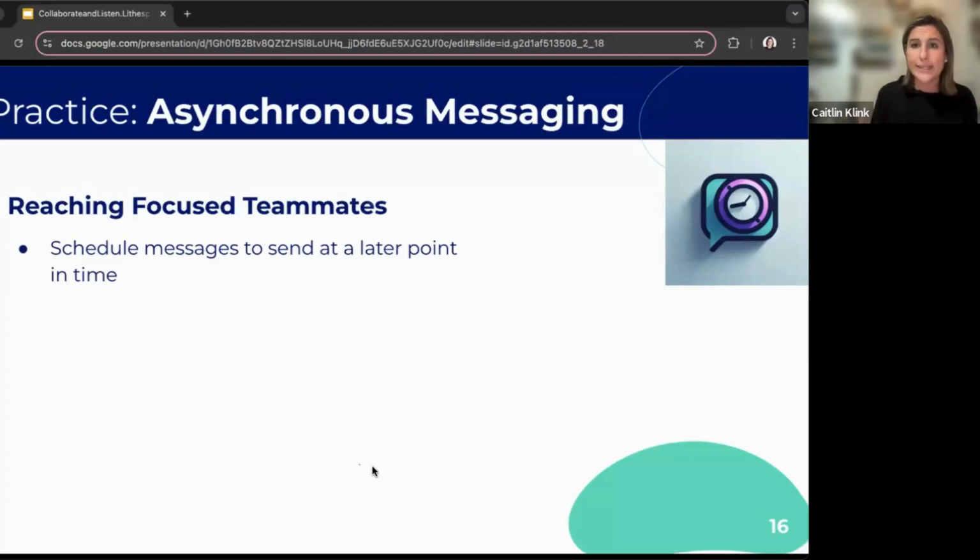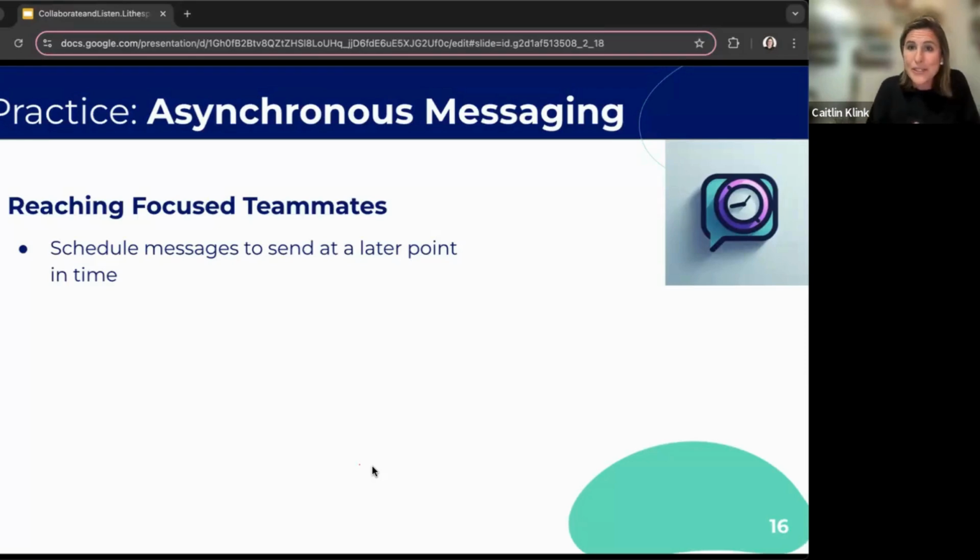If you happen to be working at 10 o'clock at night, it's maybe not great to send that to somebody at 10 o'clock at night. So maybe you schedule it to send first thing the next morning. Or if you see that somebody is focused or heads down and you have a norm in place that actually means something, you send it for whenever they say they're going to be free. I came across a coworker who received an email in the middle of the night, and the signature line said, I sent this message at a time when it was convenient for me. Please respond at a time when it's convenient for you.